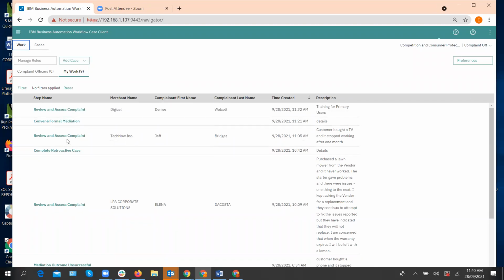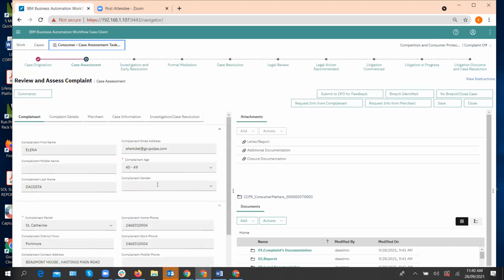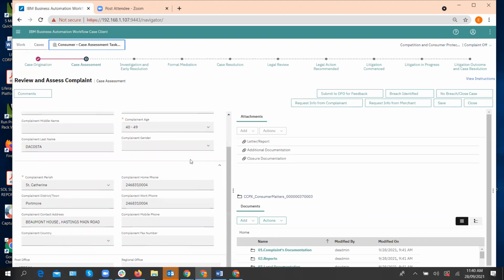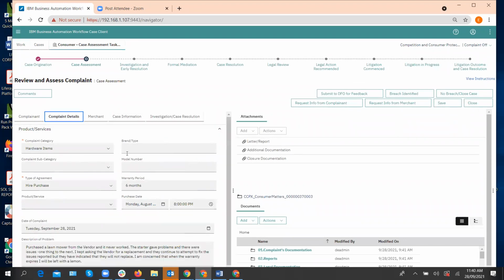So this one here, if you look at one here, hold on. If you look at this one here, this case was launched from the portal. And because this case was launched from the portal, you can see here that all the properties are automatically populated on the case, right? There's their complaint details,